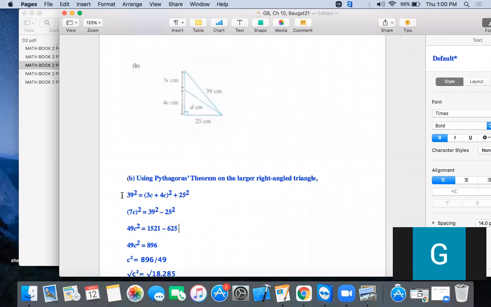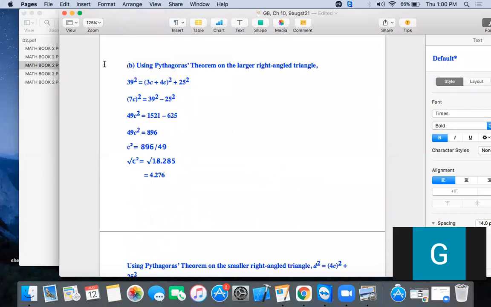Okay, smaller right angle triangle. By using Pythagoras theorem, put the value. Put the hypotenuse value, then this is the opposite side and base. Take the square, similar, solve the bracket first. Similar steps you have to follow. Let me explain only the first part, that is important and difficult; the remaining parts are the same. First of all, add them. 3 plus 4 is 7, c square, and 25 square and 39 square.